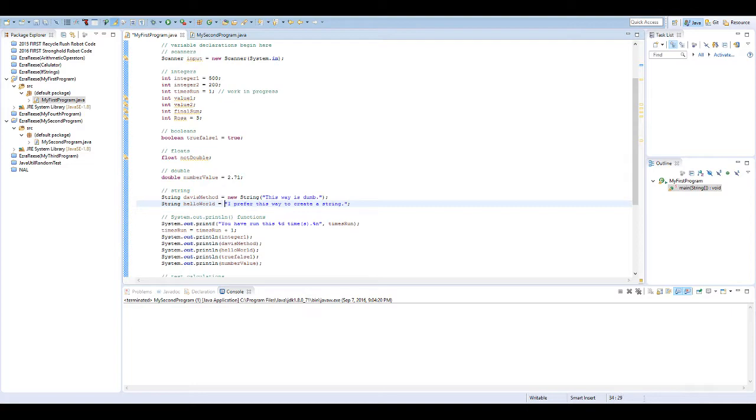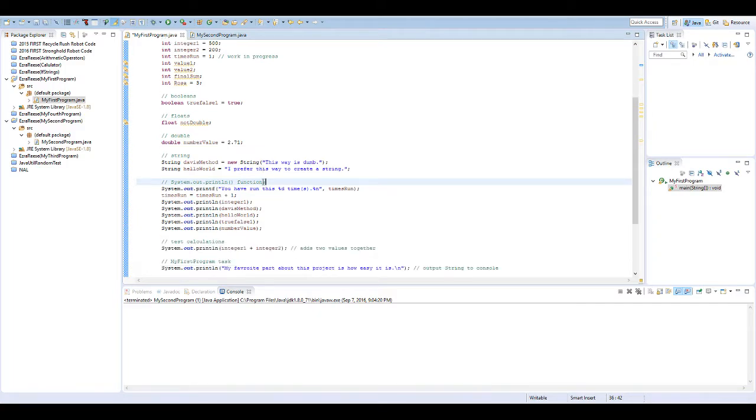Just string hello equals, wrap your text in quotes, and end your line with a semicolon. Everything needs to be ended in a semicolon except for loops. Those need to be started and ended with curly braces. So I have a couple print statements here. The most basic one is obviously a print line. So if I go ahead and run this,